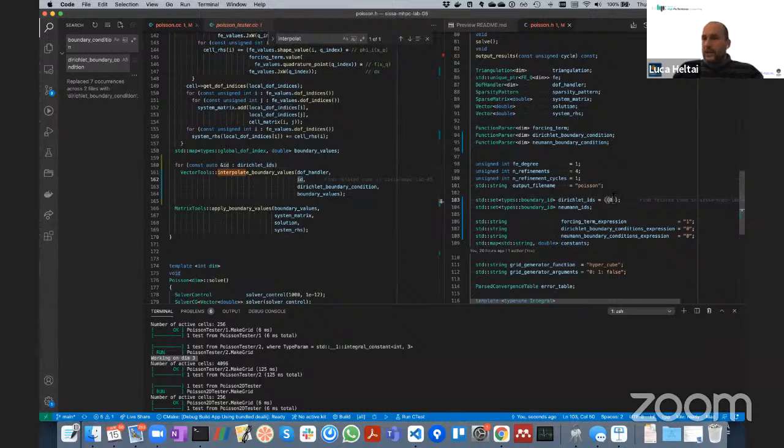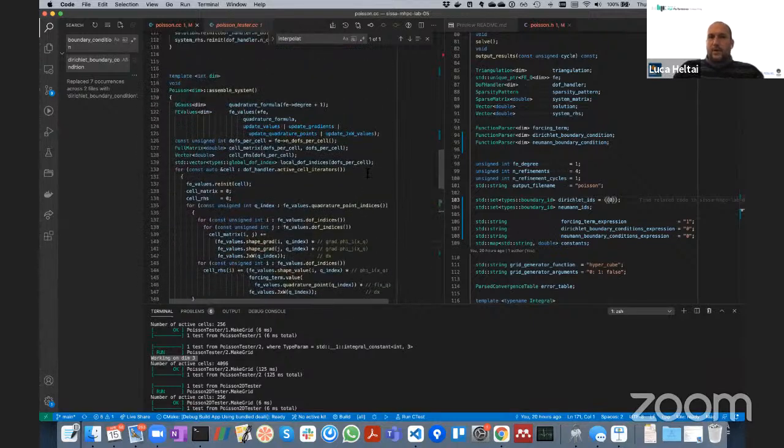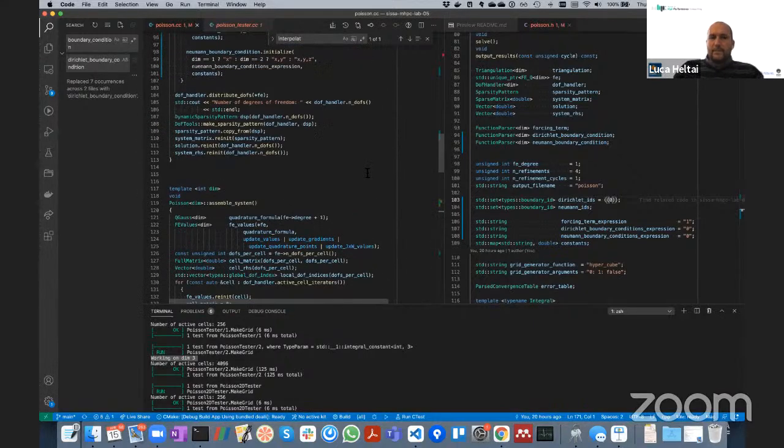But now I'm allowed to change that. So I can, for example, say that I want to colorize the boundary and set 0, 1, 2, and 3. And I can set, for example, Neumann IDs to 0 and 1 and Dirichlet IDs to 2 and 3. So this is the reason why I'm doing this exercise. For the Dirichlet IDs, nothing has changed. And now the difficult part becomes the